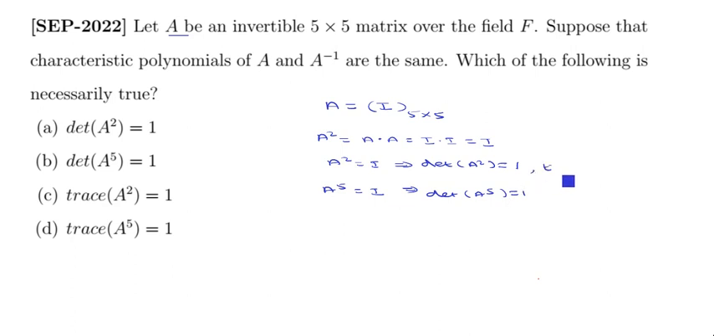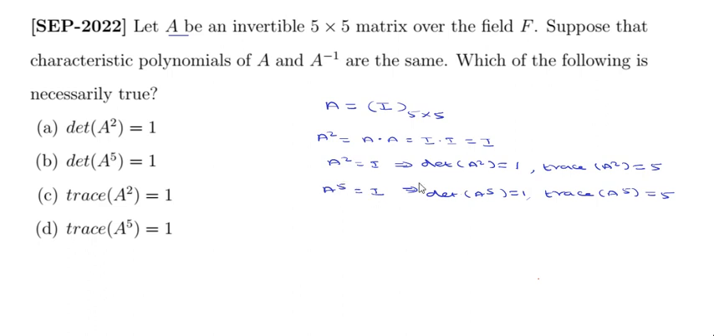Next we will find the trace of A square. A square is equal to I, so in the diagonal entries we have 1, and the rest of the entries are 0. When we add all the diagonal entries, we get 5. So the trace of A square is nothing but the sum of all the diagonal elements in the matrix A square. Here the trace of A power 5 is also equal to 5, because A power 5 equals